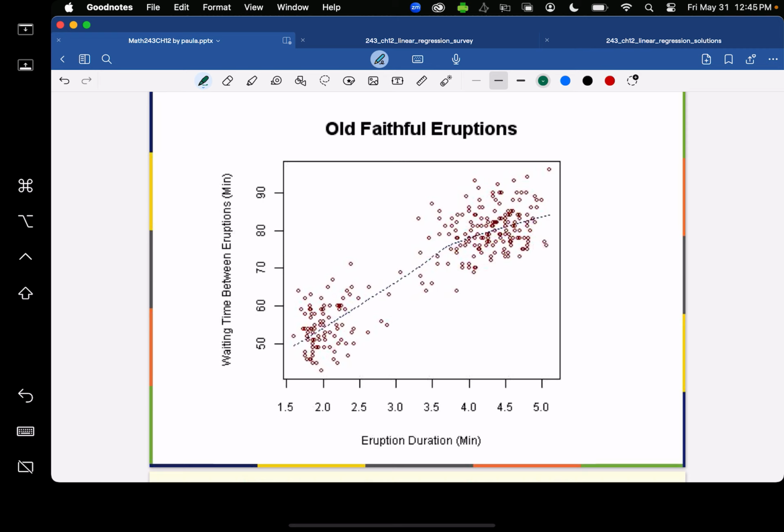As the eruption duration increases, so for longer eruption durations, the waiting time between eruptions also increases at Old Faithful,